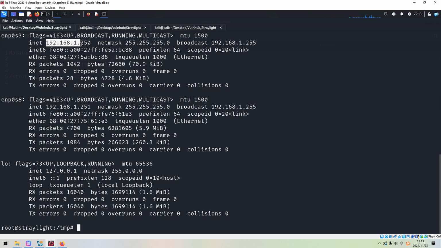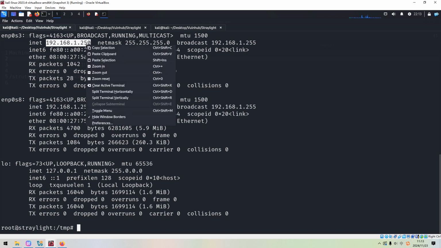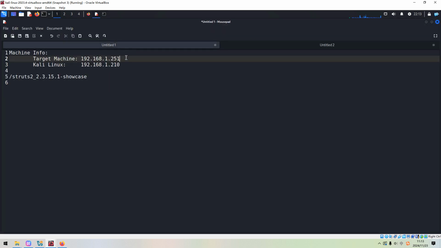As we know, the first machine has two interfaces. So we can put down such information to our notebook.